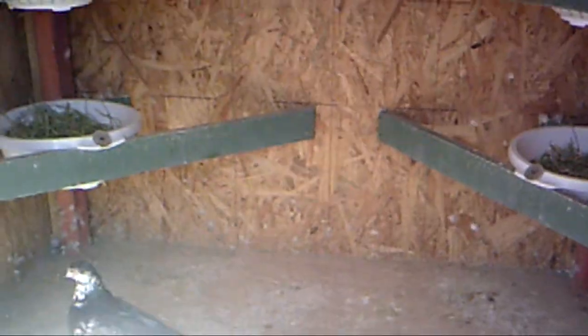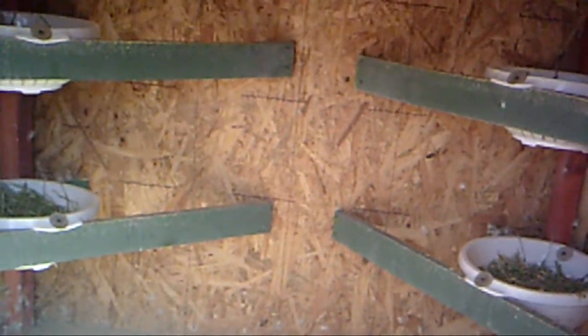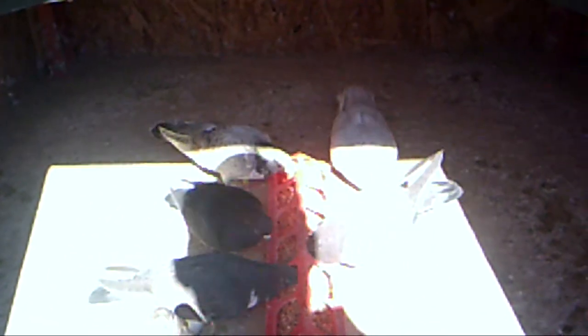So since the last time, I had some sniffles. I used the stuff that Danny Joe recommended on Color Pigeons. I've been watching that Color Pigeons channel. It's kind of cool, and it worked real good. Avio Med something or other, an antibiotic,